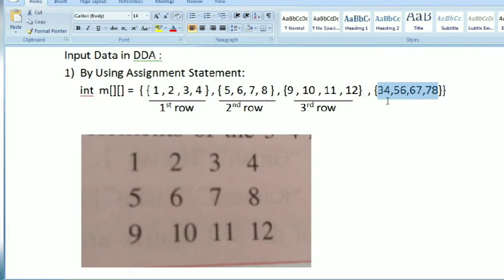So four rows are there, and how many columns? First column, second column, third column, fourth column. First column, second, third, and like this. So this is how it will show the output. Four columns are there and three rows are there. This is how we use the assignment statement.